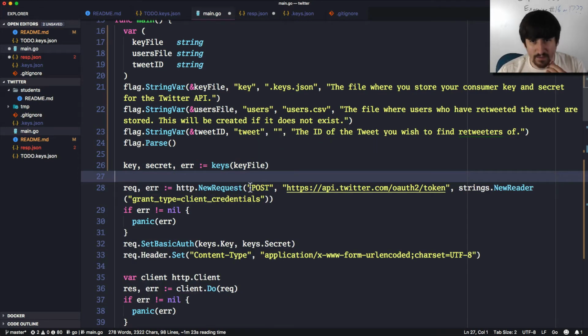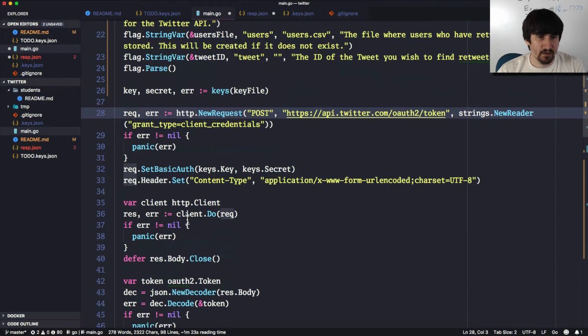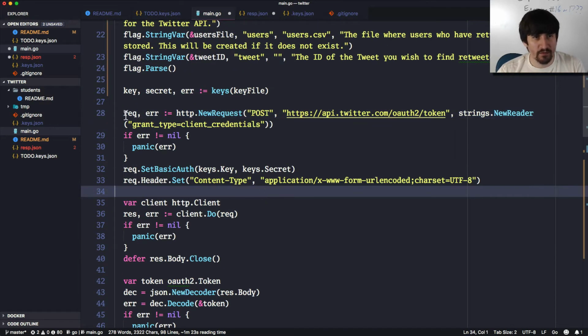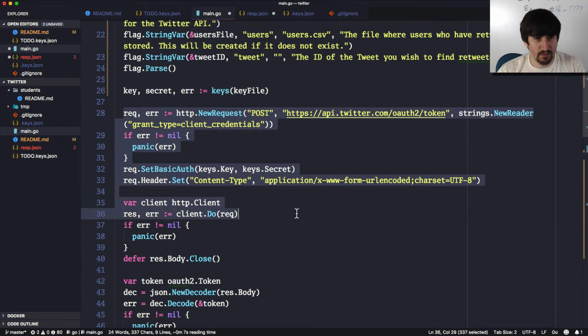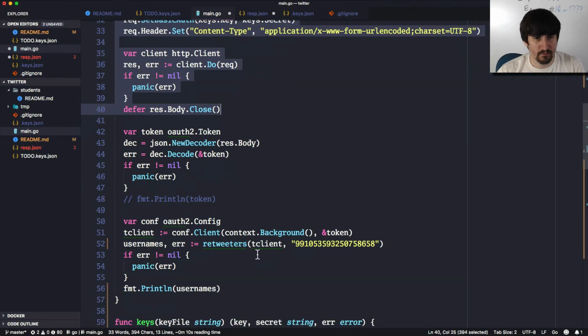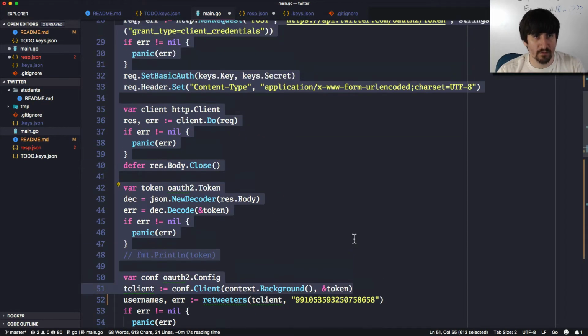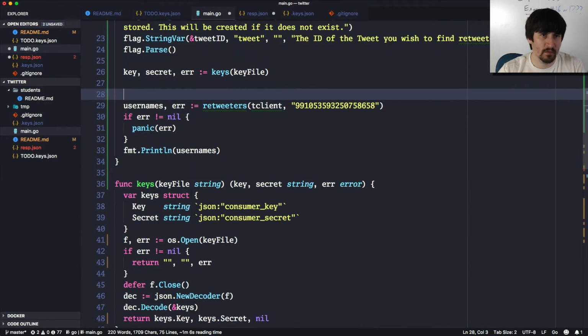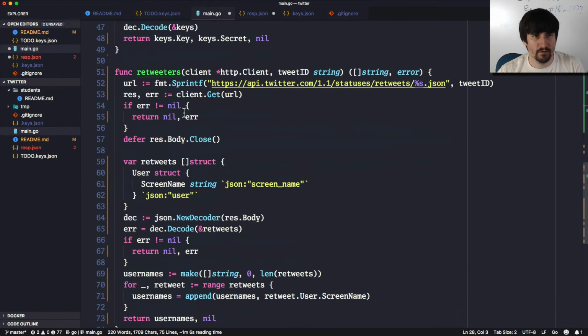And then the next thing we want to do is set up this request that gives us a client, or an HTTP client. So I think what I'm going to do is pull all of this out and return an HTTP client at some point. So all of this code is what I'm going to try to pull out. And what we're going to do is say